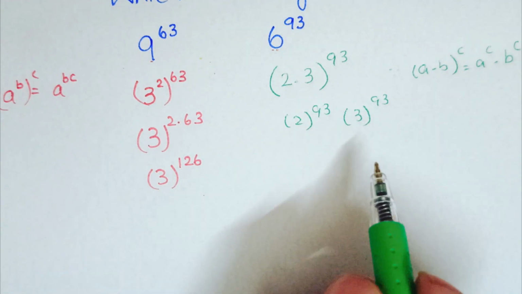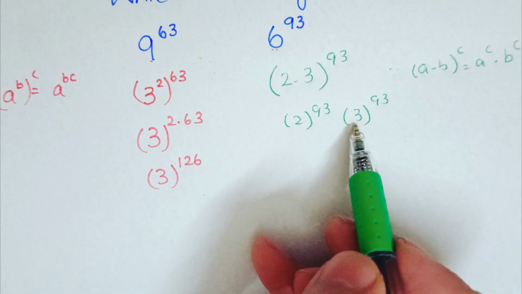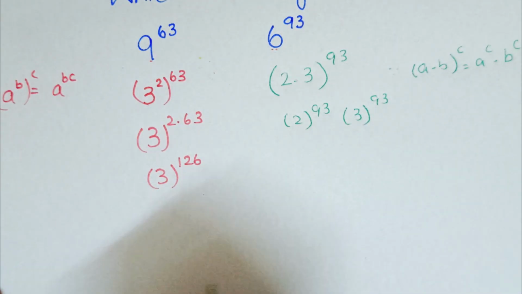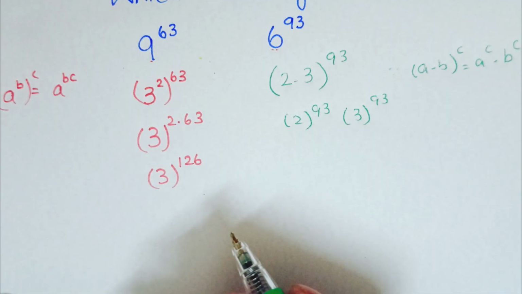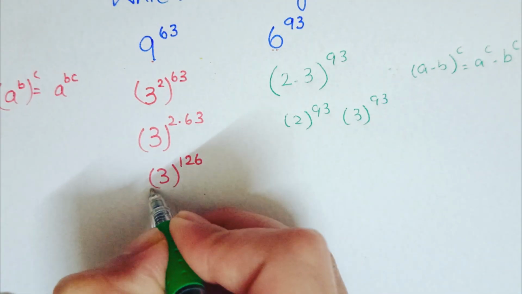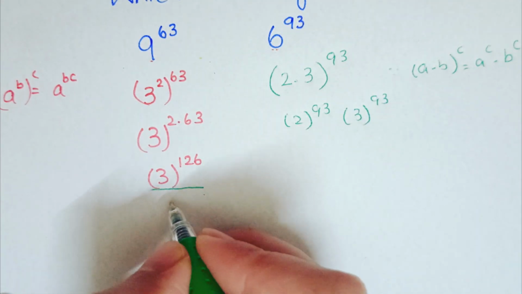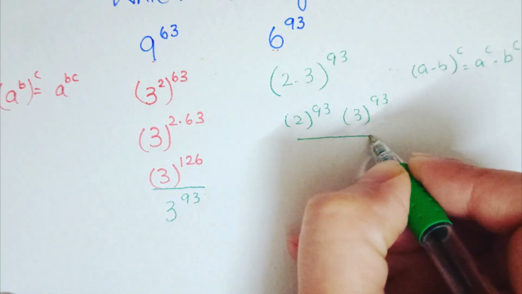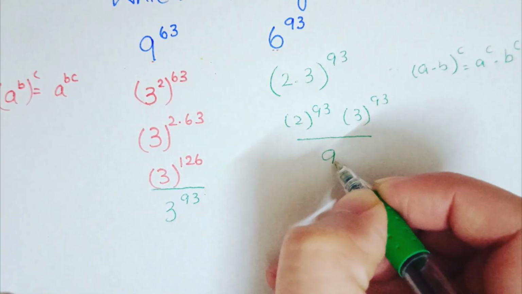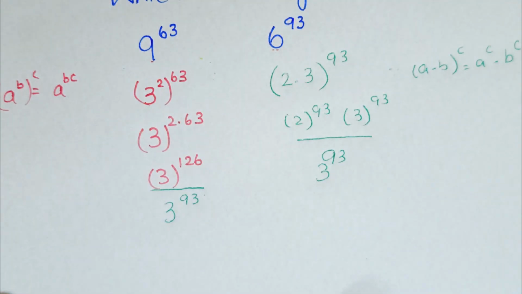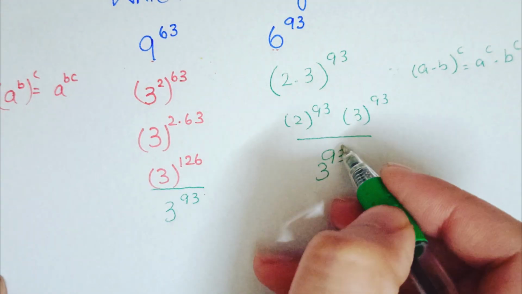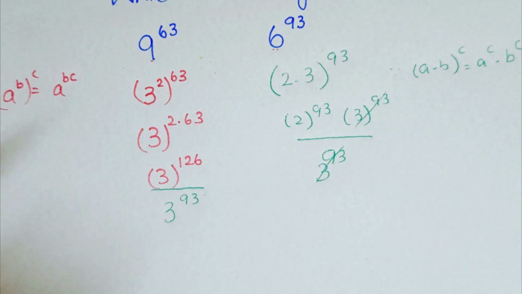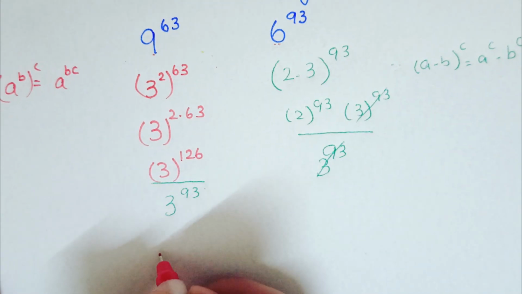Now we know that we can cancel the 3 powers from both sides. So let's do that. What we are going to do is divide both of these numbers by 3 raised to the power 93 on this side and 3 raised to the power 93 on this side. So this side gets cancelled with this. From this side we will get 3 raised to the power